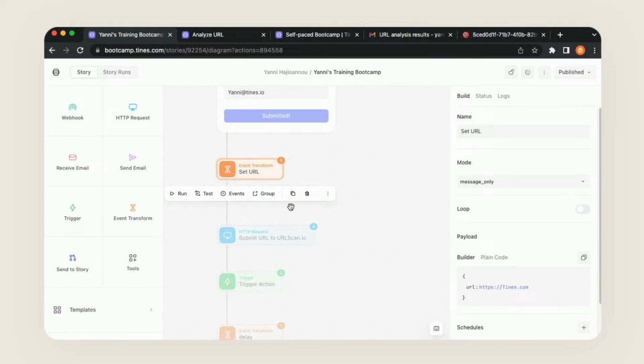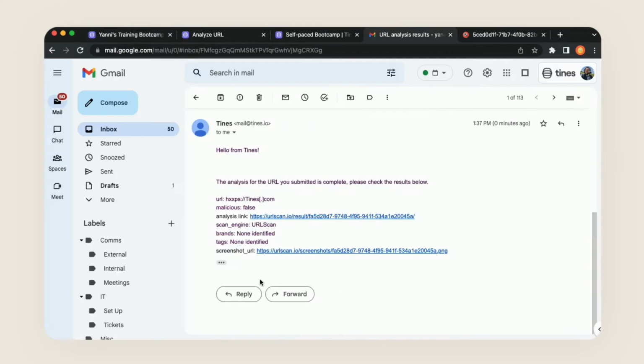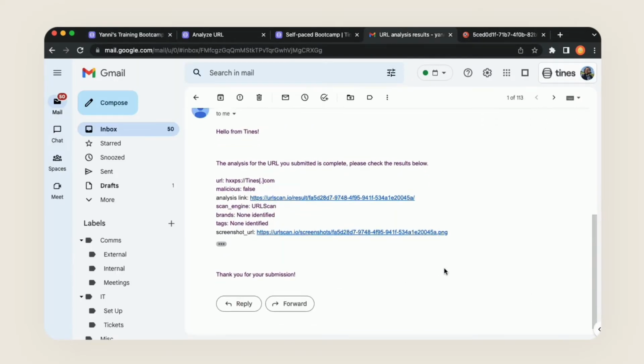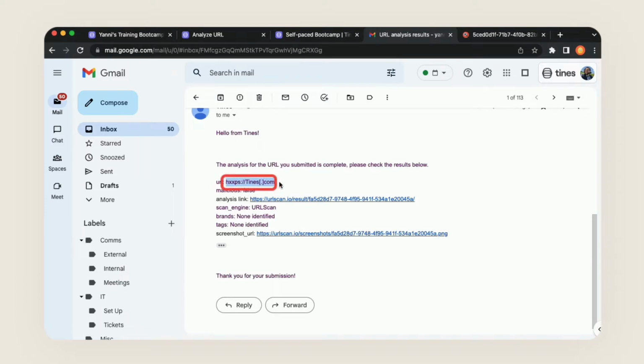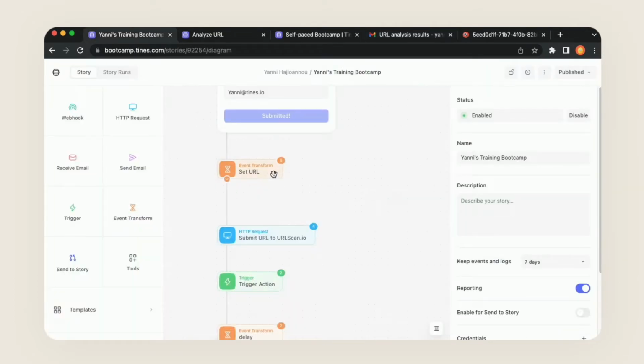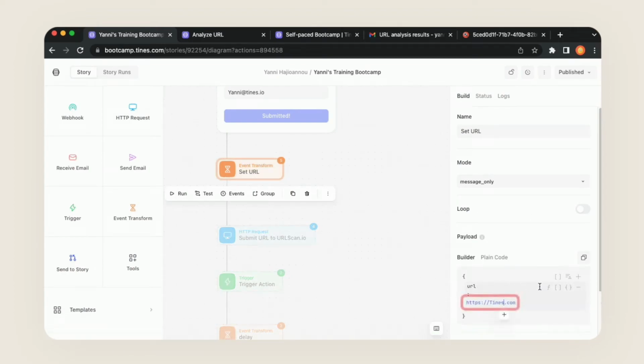Let's actually pop into our email just to see if it updated accordingly. All right, so it looks like it's still showing Tines. So let's go back into our story and see what might have happened. If we go into this set URL, it looks like we still have that value that we manually entered